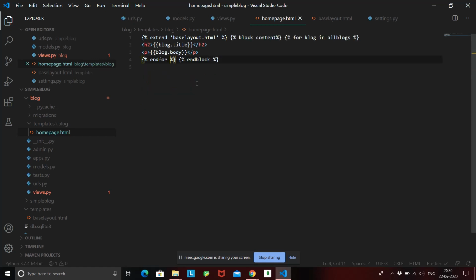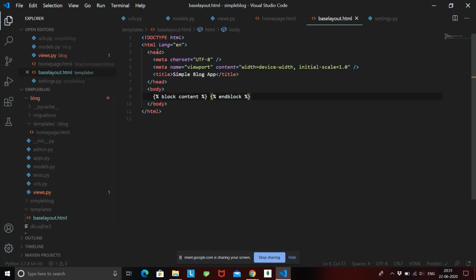Okay, so now what's happening is that we have extended the base layout.html. And what does base layout.html contain? It contains all your head, all your title, all your meta tags. It will also contain the links and the scripts that we are going to import from Bootstrap, so that we don't have to write them every time inside other templates, right?